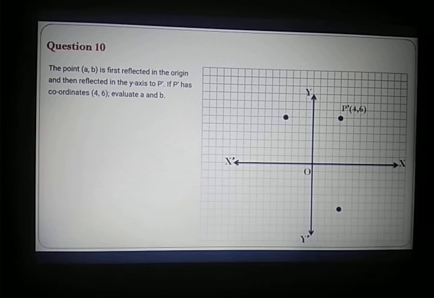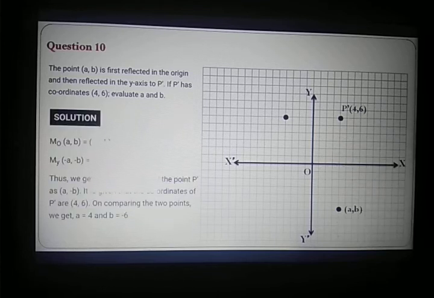Now it is said that this is the given point in the beginning whose coordinate is AB. So we need to find the coordinate of AB. Obviously, what will the coordinate be? If you see from the diagram, it will be 4 minus 6, right? So let us see the solution. So solution says